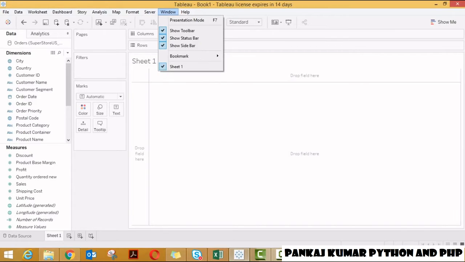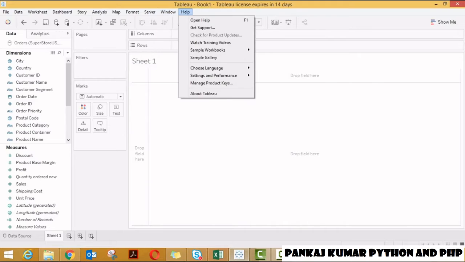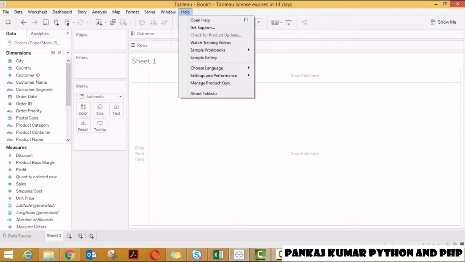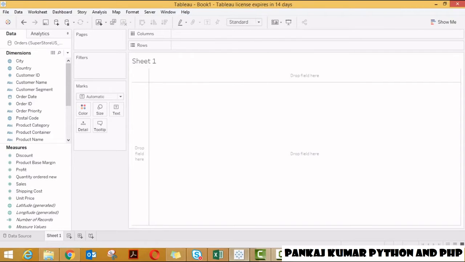Windows and Help are the two generic tabs; if you need any help regarding functionality, this bar should help you out. These are just the toolbar options which we have already explored in the tabs above.